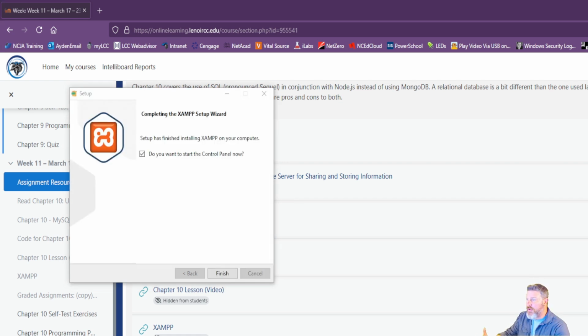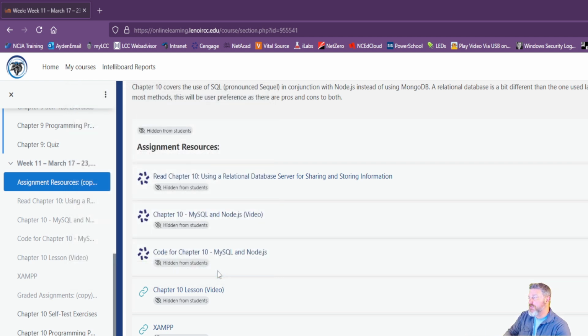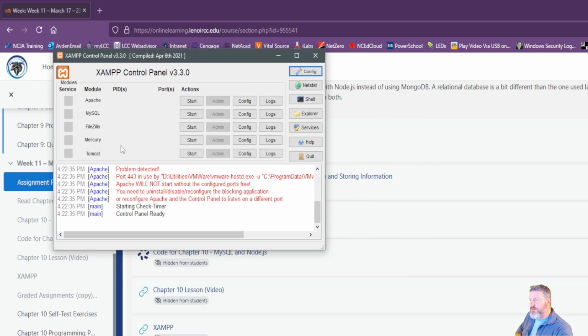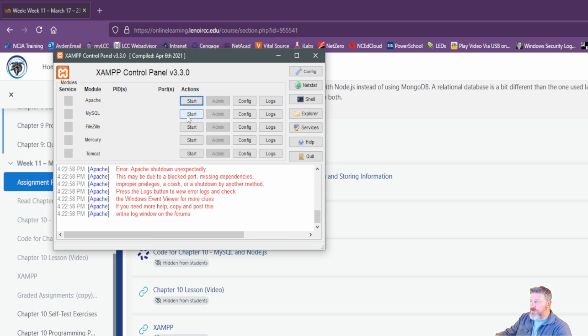All right, and we're back. Once it finishes, it should give you this window here. Make sure the box is checked and just click finish. And the XAMPP control panel will pop up. And it looks like this. It lets you do a bunch of things. The only thing I have ever used this for is Apache server and an SQL database. There's a whole bunch of cool stuff in here. We'll get into, I think, something in here in a minute. I can't remember. But you want to go ahead and start your Apache and